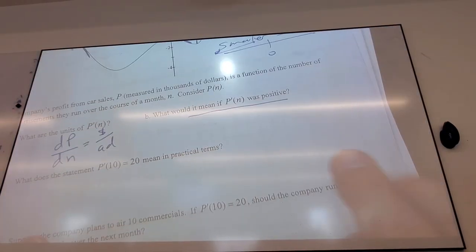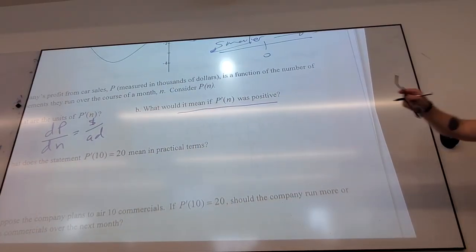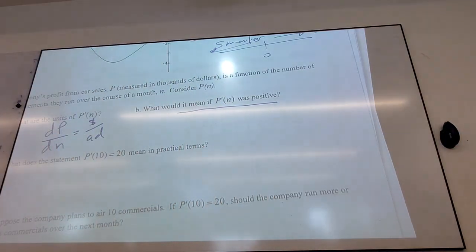So what does this mean? If we increase the number of ads, we would expect that our profit would go up. You could even be more specific. You can say, with a slight increase in ads, I expect my profit to go up. Yes? If P prime is negative,